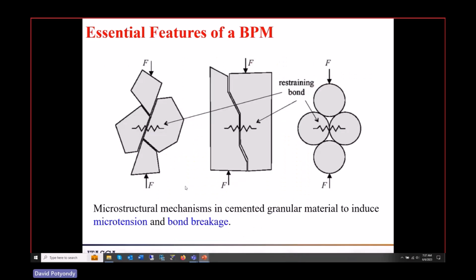And these are the sorts of reasons why. Here's my grains. I squeeze them. You start wedging these guys apart. If there's glue here, if there's a bond there, it's going in tension, right? This system is generating tension, right? This system here is generating tension at this location. Generating shear at the other 4 locations, but we're generating tension here. And so that means that